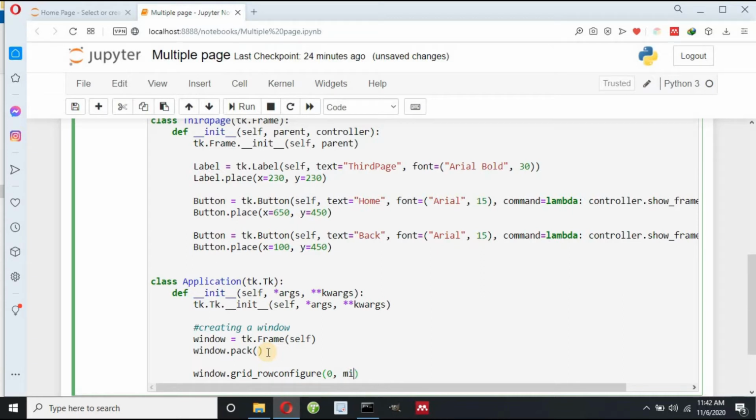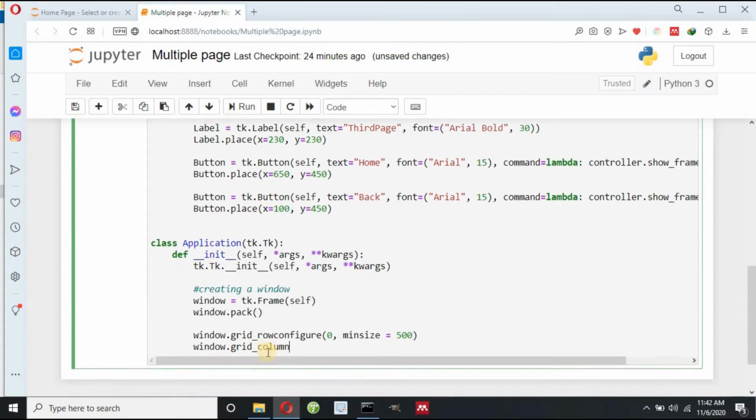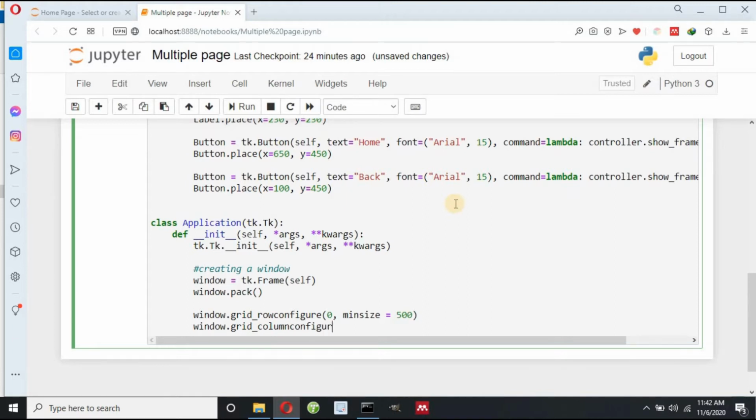Now I can write min size equals to, suppose I can write 500. In the same way I have column configure method, so grid column configure, just pass 0 as index, and now I can write here min size equals to 800. So this is an 800 by 500 window, means width is 800 and height is 500.